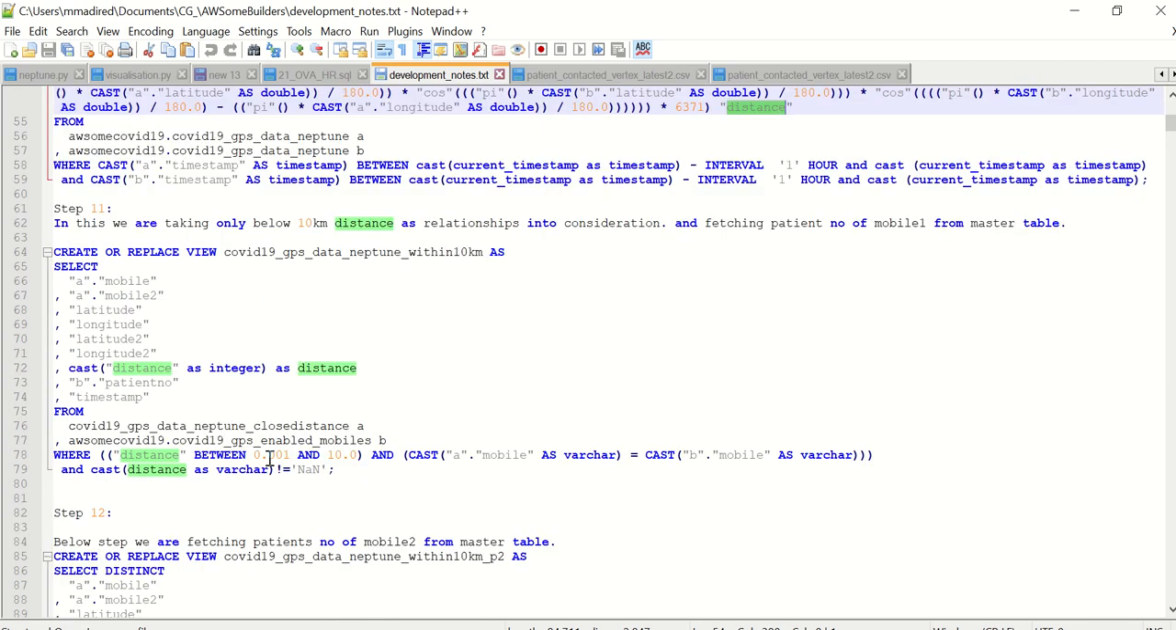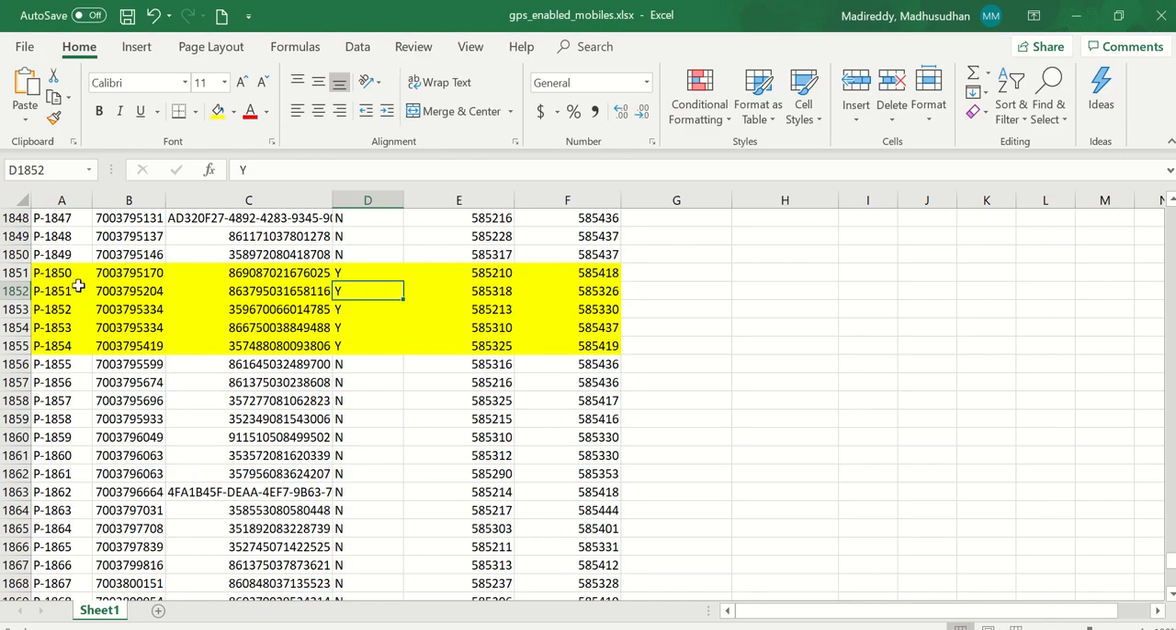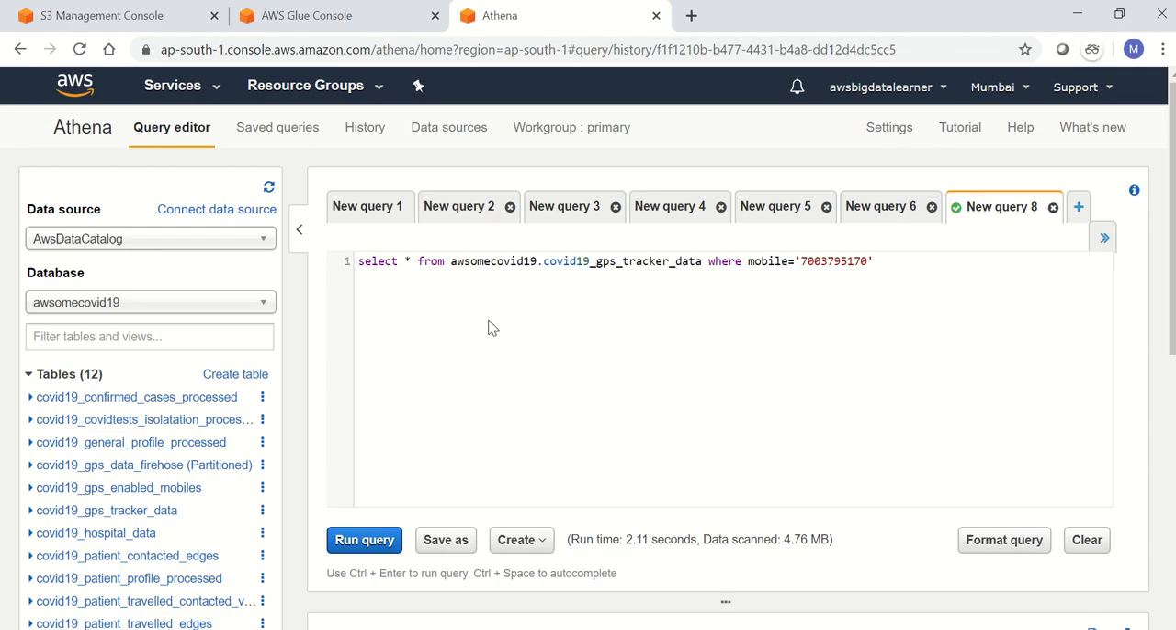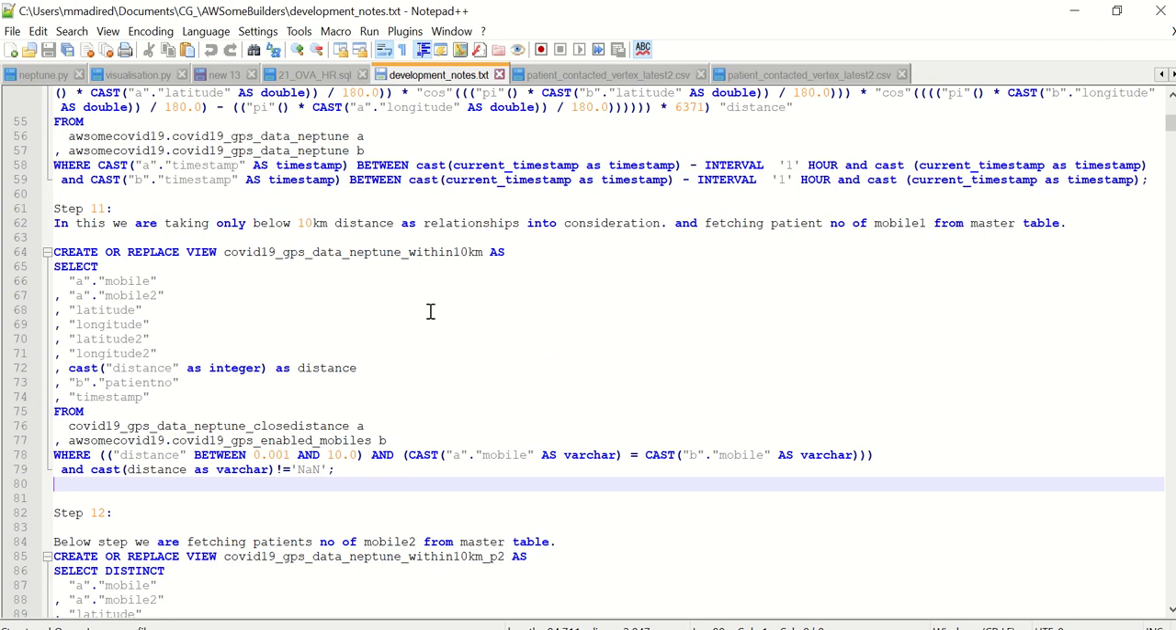Then we are limiting it to only 10 kilometers. So we will only get the patients, say the patient P1850, say this patient has traveled from this location to this location, but he is taking a different path. If any of these are crossing their paths, and the paths are within 10 kilometers distance, so that